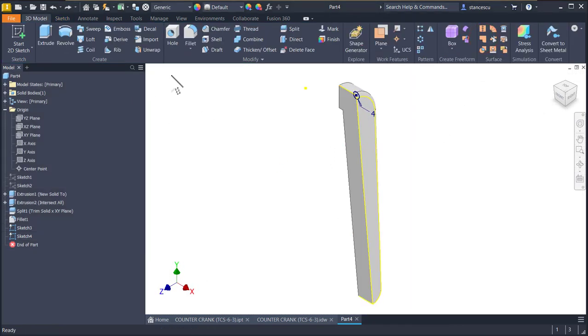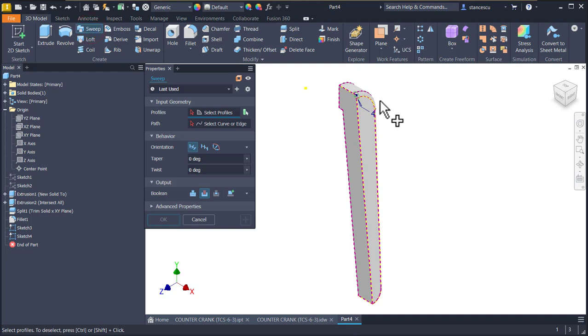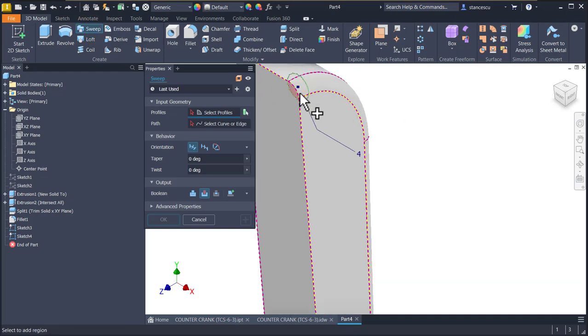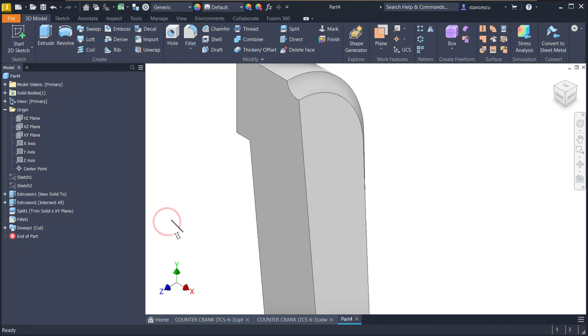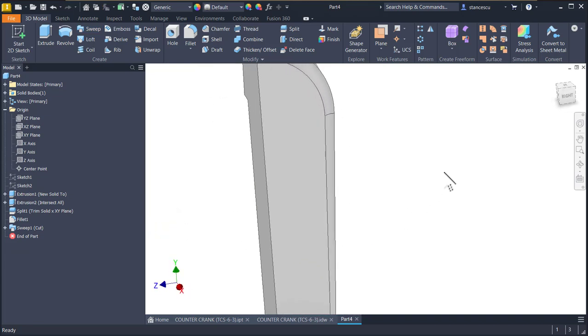Now I apply sweep by selecting this full circle, which means 2 profiles, 1, 2, and the edge is this one. We use cut, not join, and we obtain this interesting feature